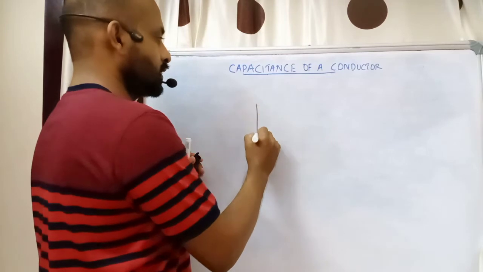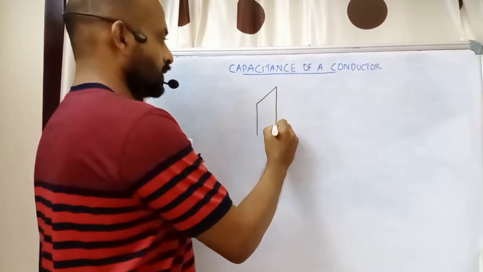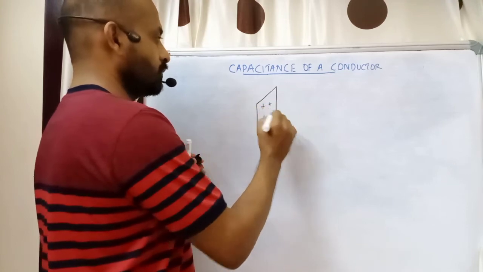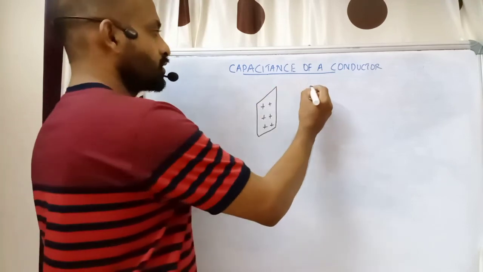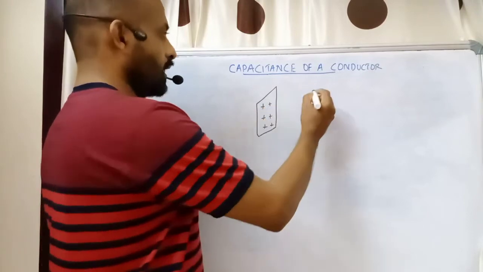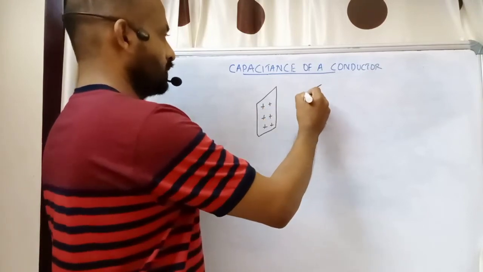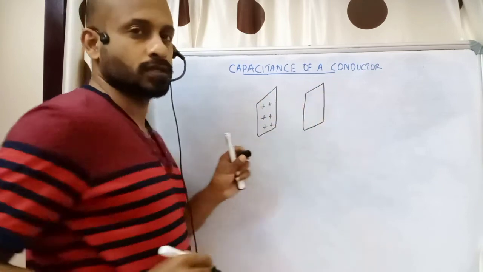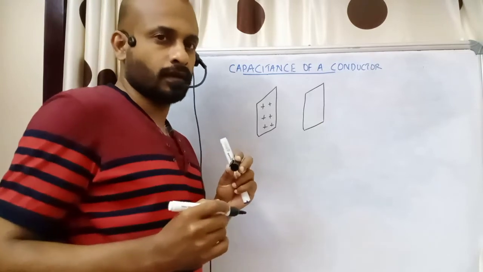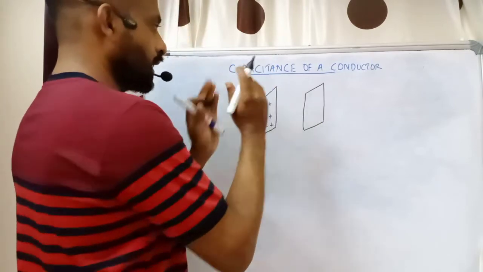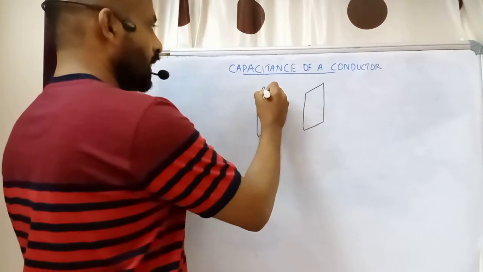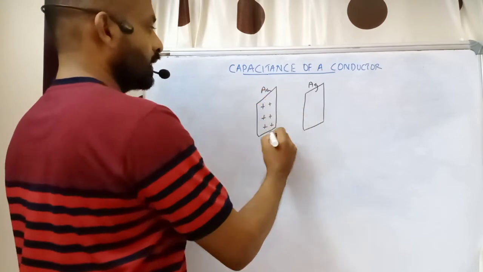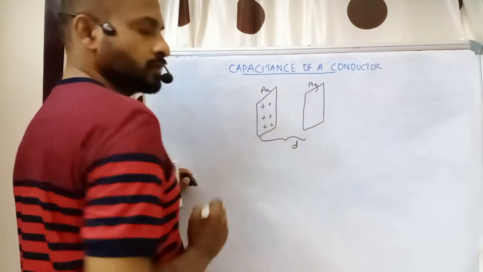So we'll see one sheet of charge. Let us say this sheet is containing positive charges. Nearer to the sheet, I have placed one more sheet. There are two sheets kept parallel to each other. This sheet is an uncharged sheet. I will draw the side view. This is the actual shape. Let A be the cross-section area of each sheet, and let d be the distance between the sheets.